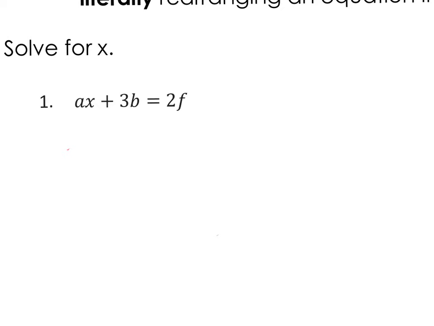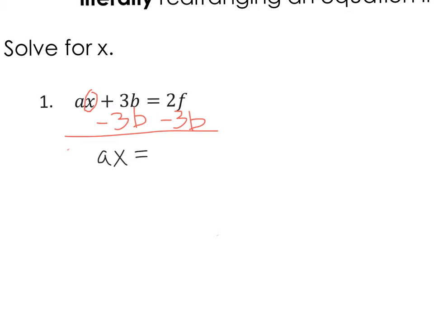The first several problems tell you to solve for x. So the first thing you want to do is circle that variable. Now, I'm going to show you, once again, 2 methods. Choose which one you like. The first one I'm going to show you is solving it in the normal way. So in the normal way, what I would do is start with that plus 3b. To undo a plus 3b, I'm going to minus 3b from both sides. So on the left side, I would be left with ax equals, and now what's weird is that I can't